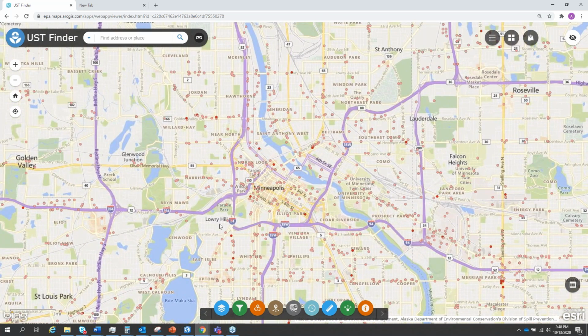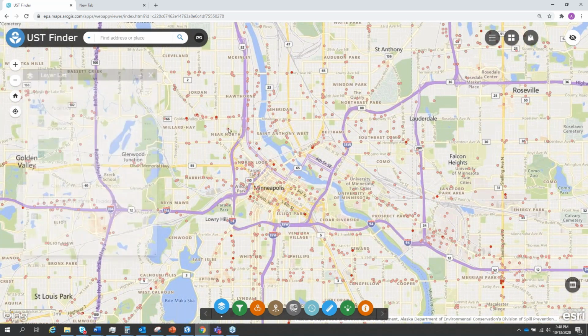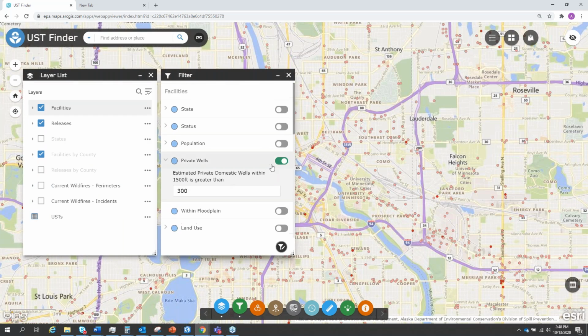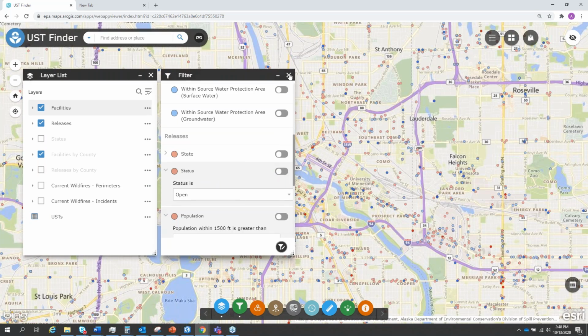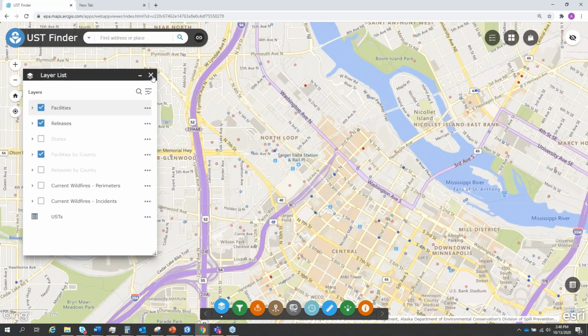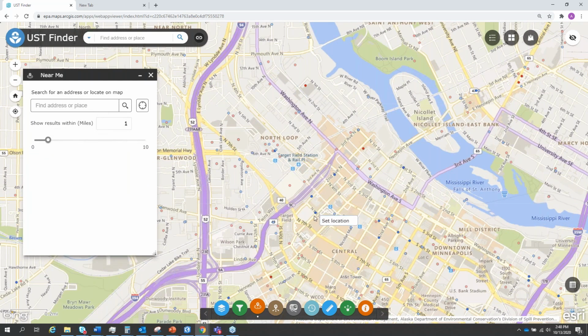Let's say I'm concerned about what's in my backyard, or I want to know if there's a release or if there's tanks in my backyard. I can use this tool. Bear with me here. So I click this near me. Let's say I live right here.